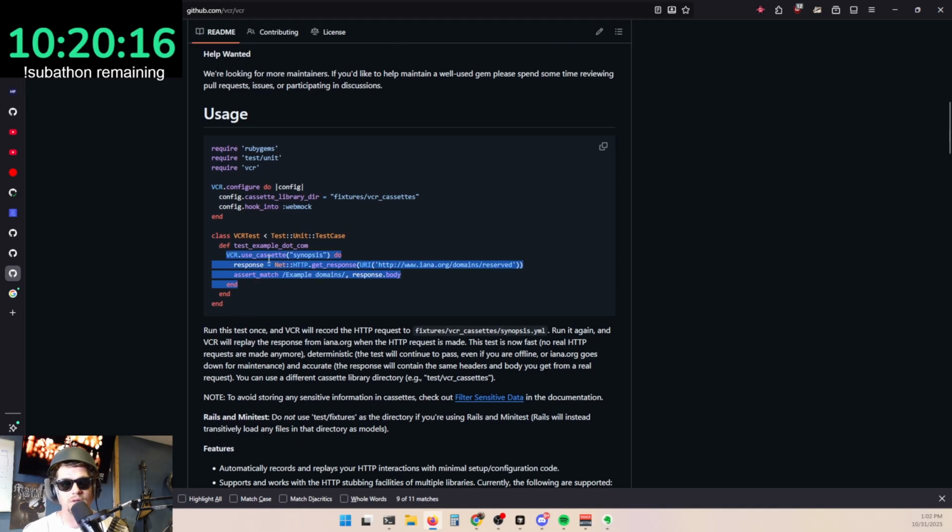We just went over how the Rails API works for caching a key and the situation that occurs with executing a block if there's a cache miss or the cache key is not in your cache store. And that's pretty much the same approach that we're going to have here. VCR use cassette is the syntax that you'll use. You'll use some form of unique identifier, usually something with a version number in it so that you can manually